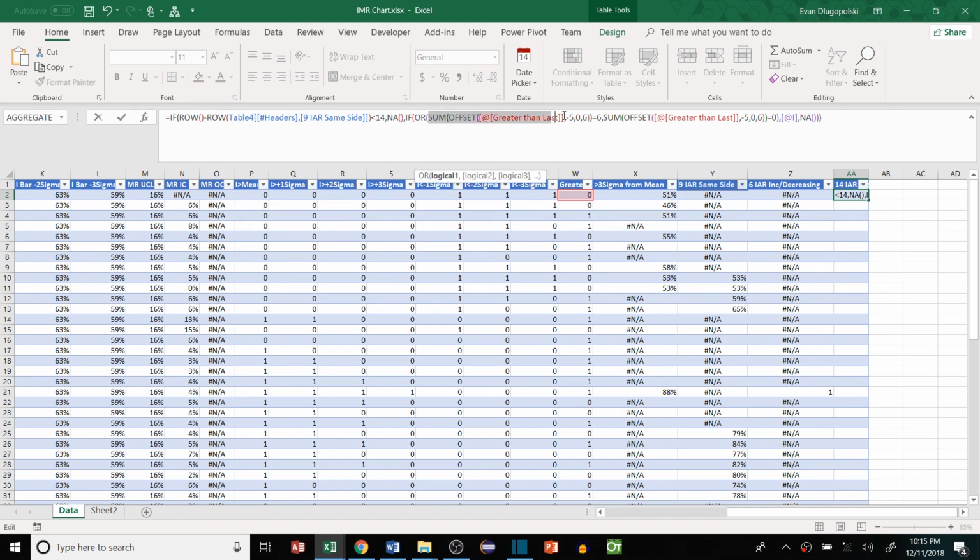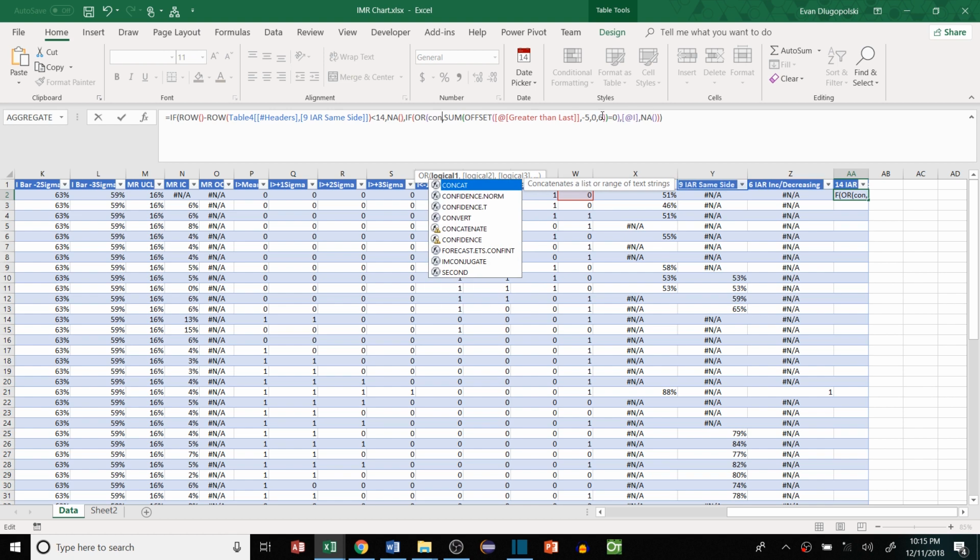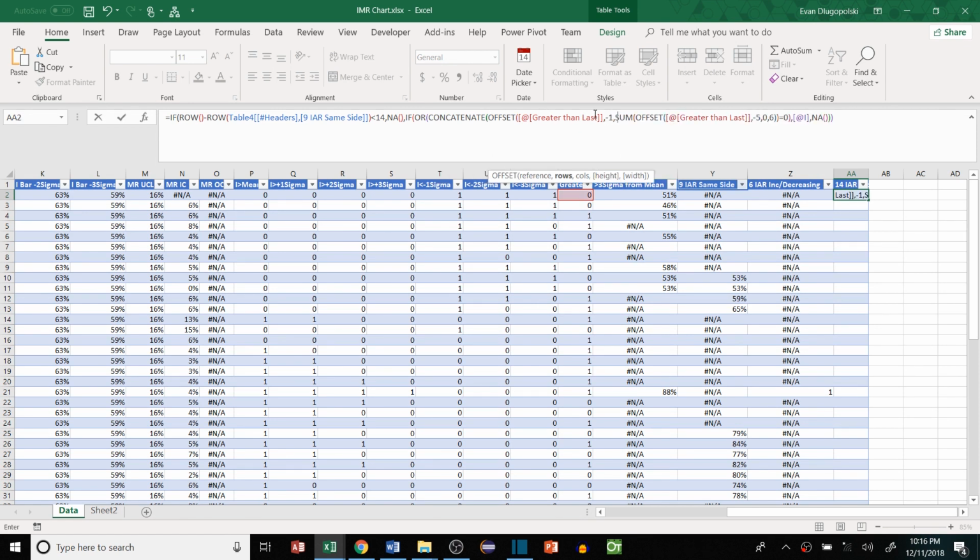And then instead of the sum, we're going to say if concatenate, you might need to use this formula, so we'll use concatenate, and then we'll say offset from this cell minus 13 points, 0 columns, and then we'll go 14 high. So we have the previous 14 data points. We're going to concatenate those. And if that concatenation, which just means combination of values just shoved together, equals the string value of 0, 1, 0, 1, 0, 1, etc. 14 times, so alternating from greater than, less than, greater than, less than, if it equals that string,